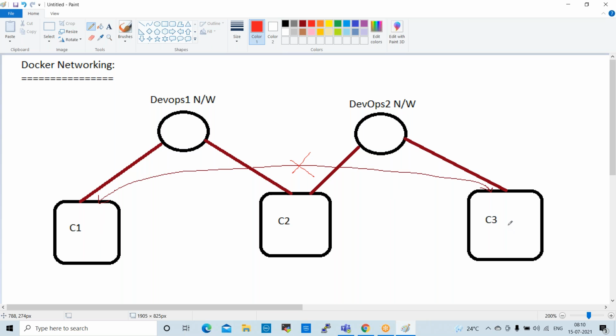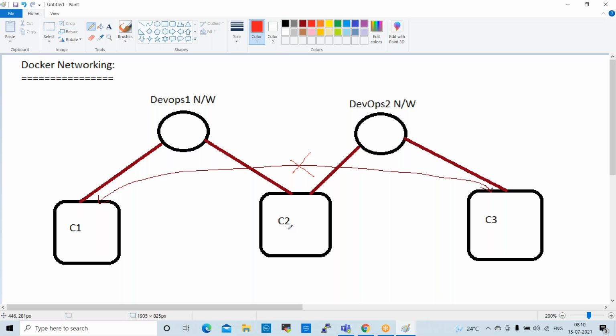This is the same activity we performed yesterday, right? But in a different way. We are creating two custom networks, and under them we are creating three containers. Container 2 will communicate in the DevOps 1 network and also the DevOps 2 network.